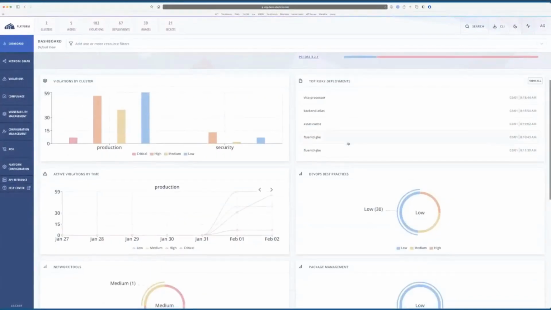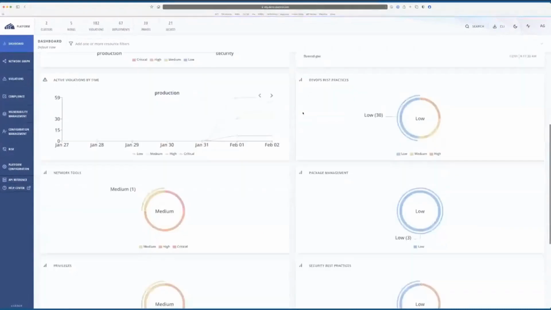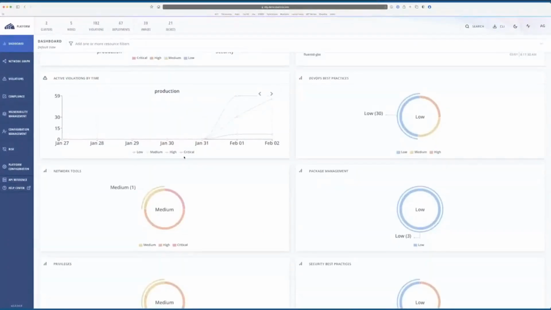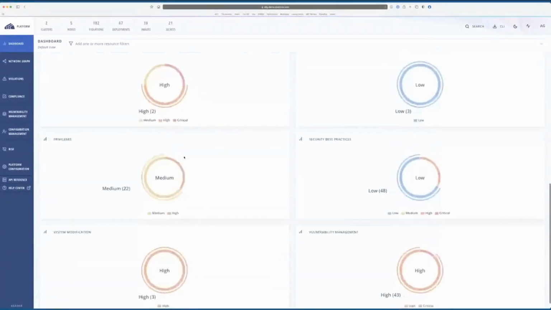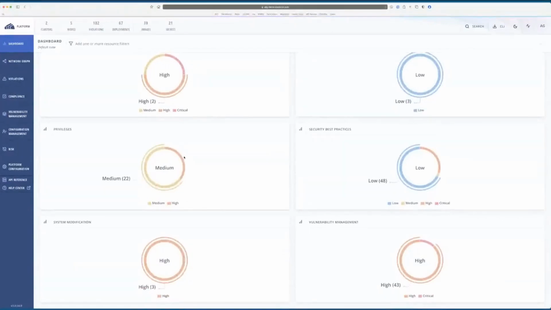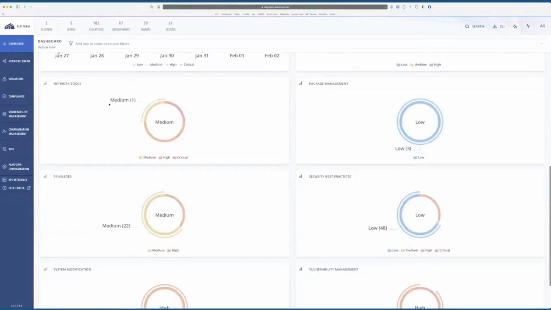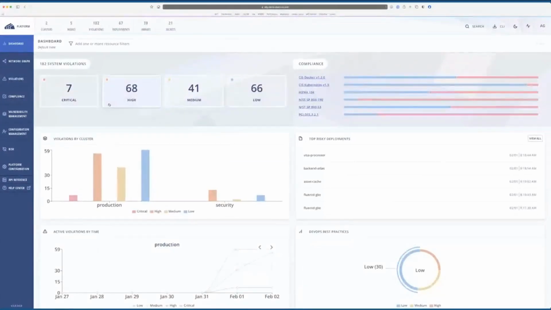And these categories that you see, from DevOps best practices to networking tools to privileges, these are all categories of pre-built policies that come out of the box from StackRox, configured, ready to go. And we'll get into a little bit deeper as to what each of these particular things mean and how they actually get implemented. From a general workflow, I'll walk through how StackRox typically works with customers